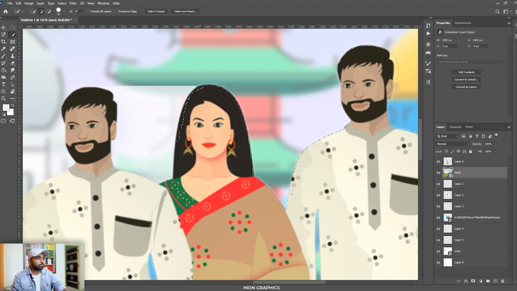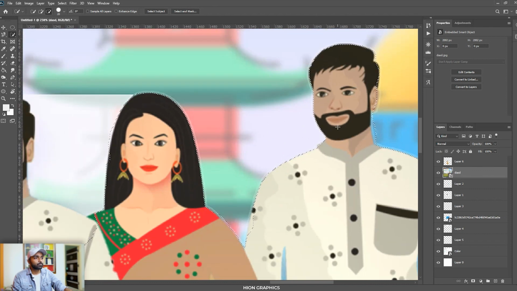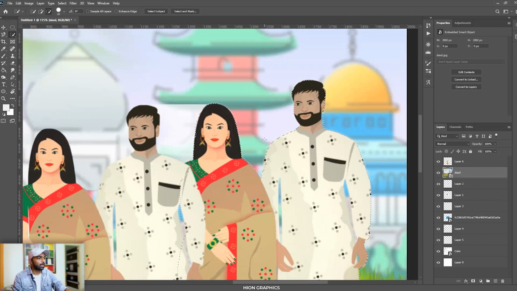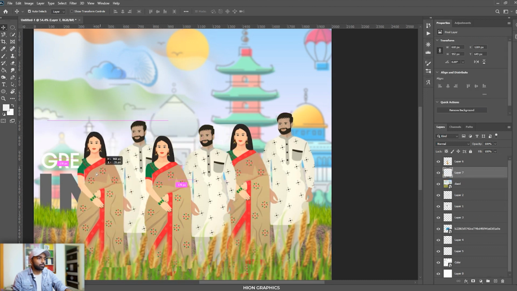Okay, so this is how you will go through. Here I don't want, so I will just press Alt and switch to minus, and just see this. Okay, so now, see, where is the mouth gone? Okay, so now we have everything intact. Not a proper selection, but I am just telling you how to do this. There will be a lot of things that we will be doing in future. So for now, let's do a Ctrl-C and make another sister brother pair.